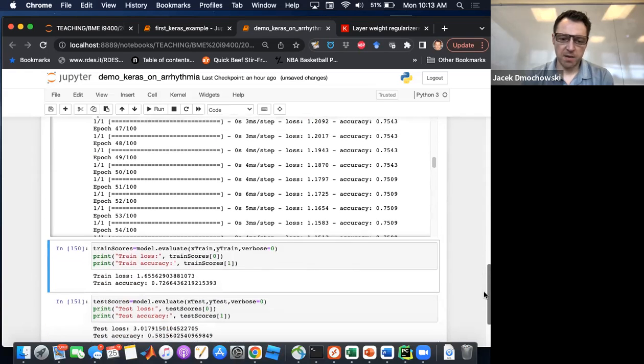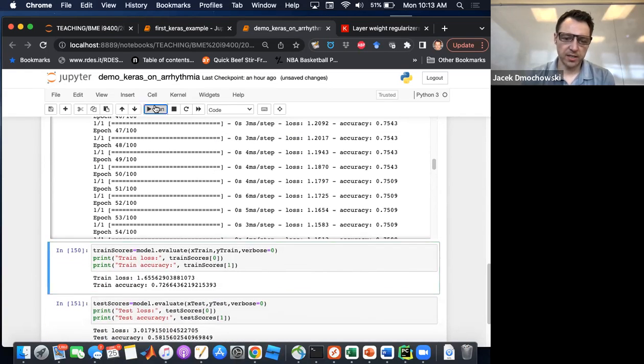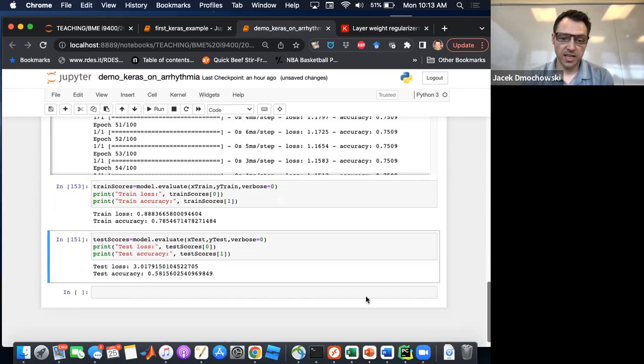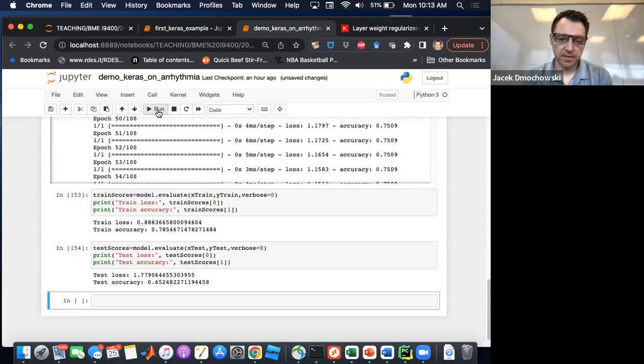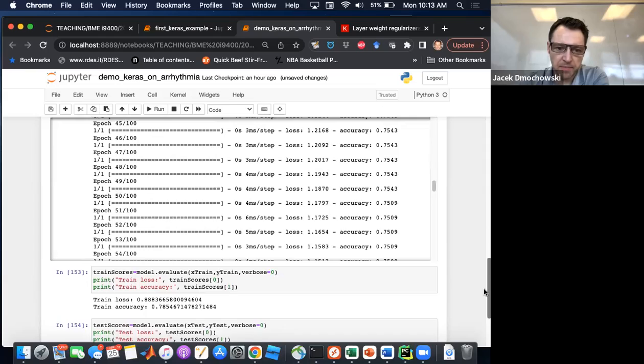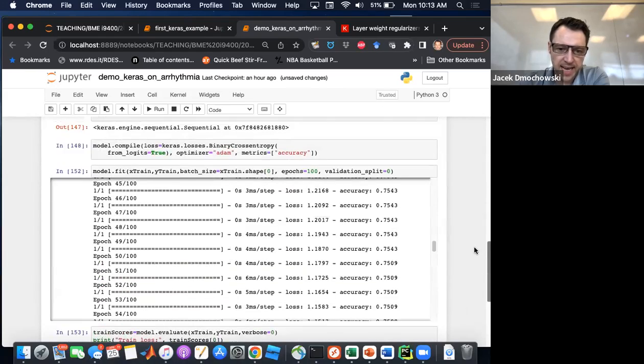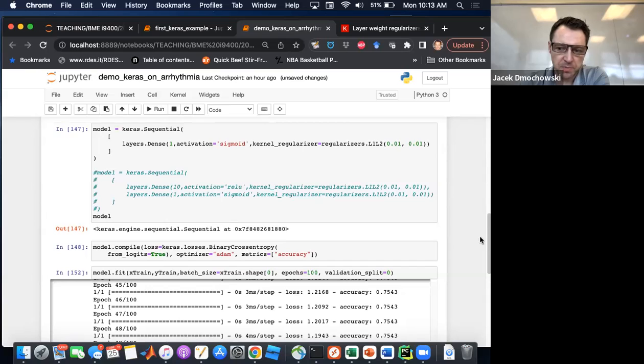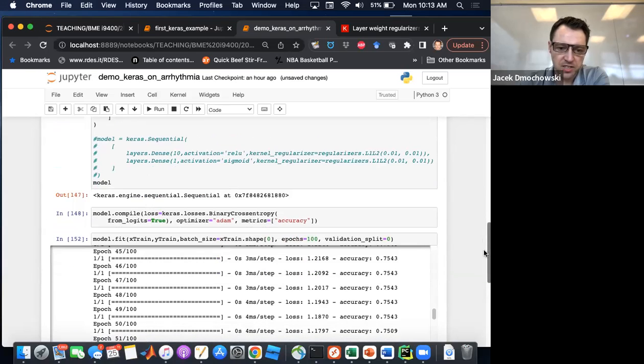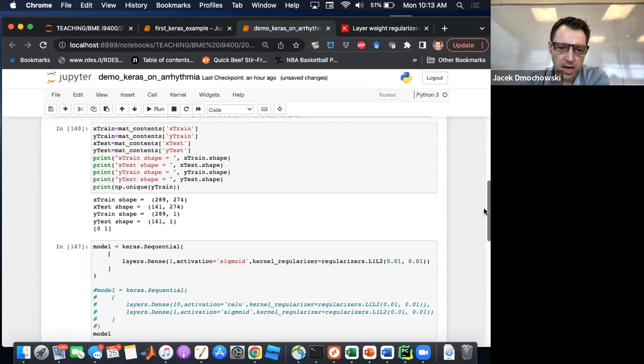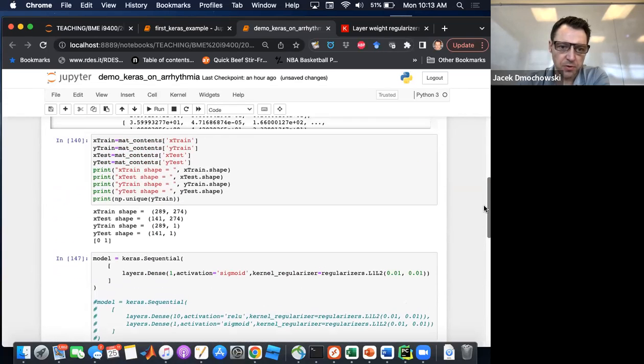So here I did not put any validate. I'm using all the data to train. Oh, higher training data, higher training performance. Still only 65%. So the next tweak that I'm going to do will hopefully increase the test accuracy. Okay, so that's what I've shown you: basically the process that you go through